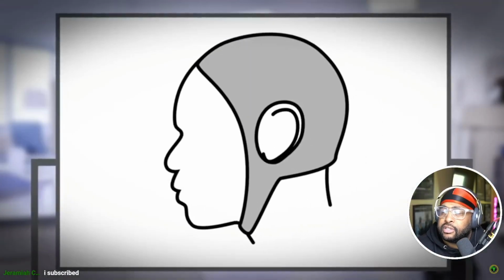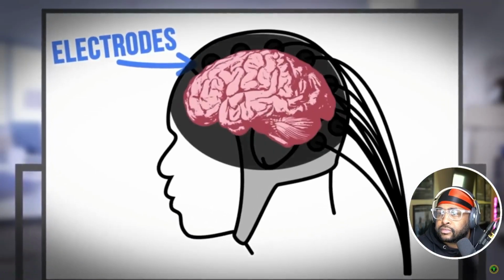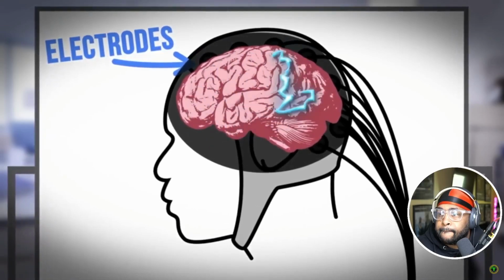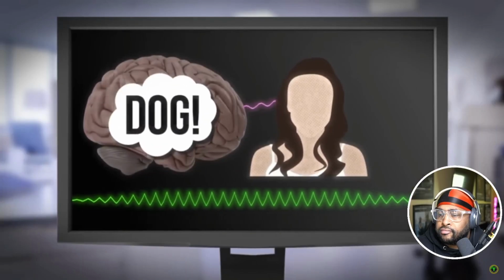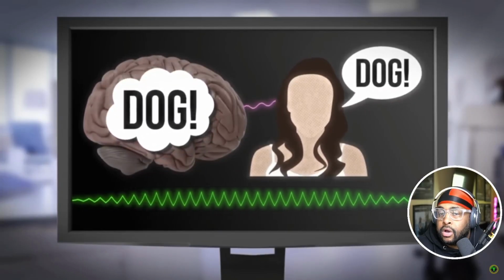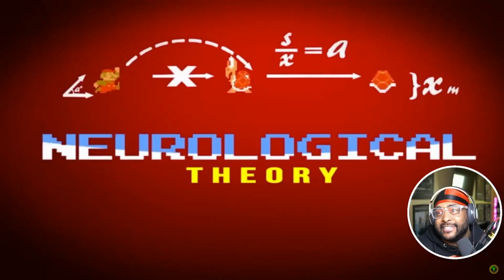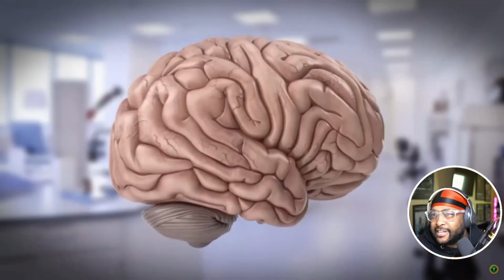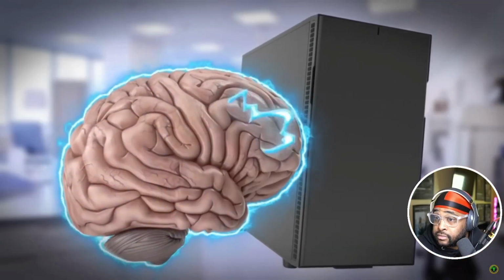Basically, these caps are networks of electrodes placed at specific locations around the head, all reading electrical signals that are passing from one section of the brain to the next. No joke, in the experiment that I worked on, I could read what a person's brain was thinking before they themselves realized it. Now, obviously, I'm talking about very rudimentary signals here, but in neurological theory, I was taking a person's thoughts and putting them into a computer via these electrical signals.